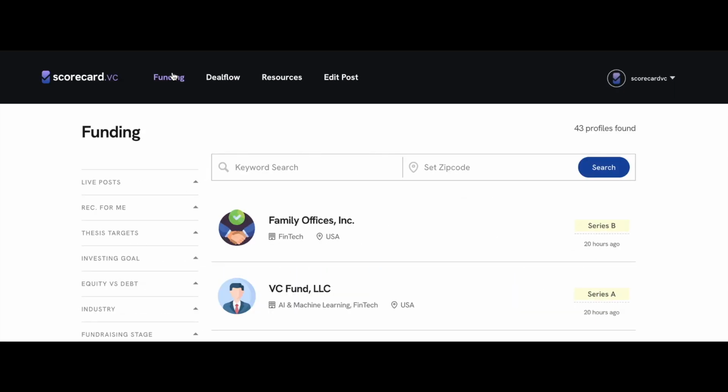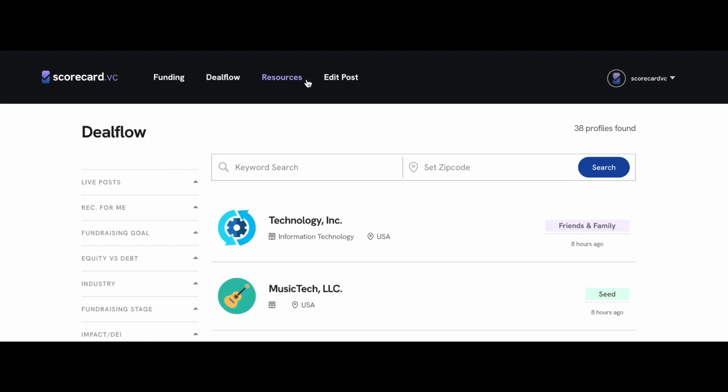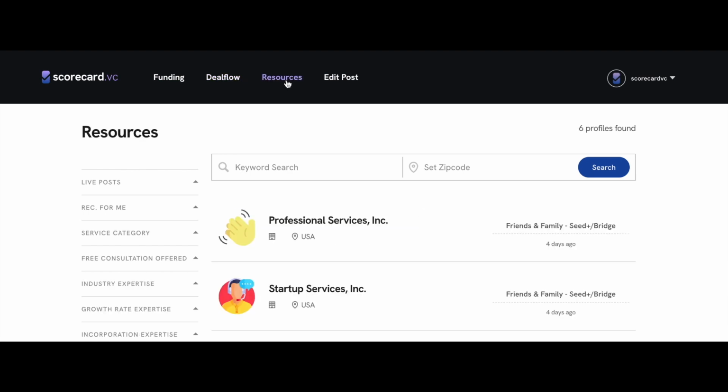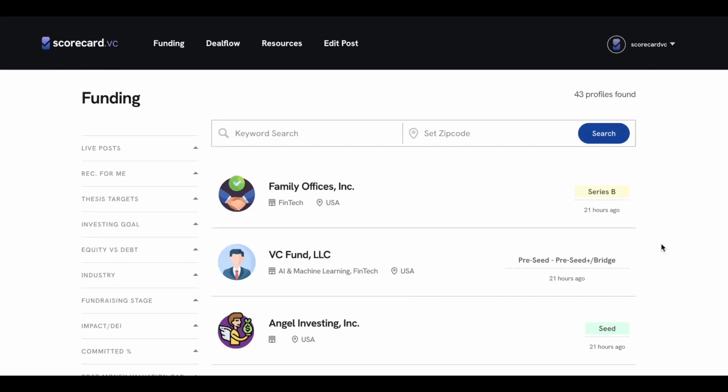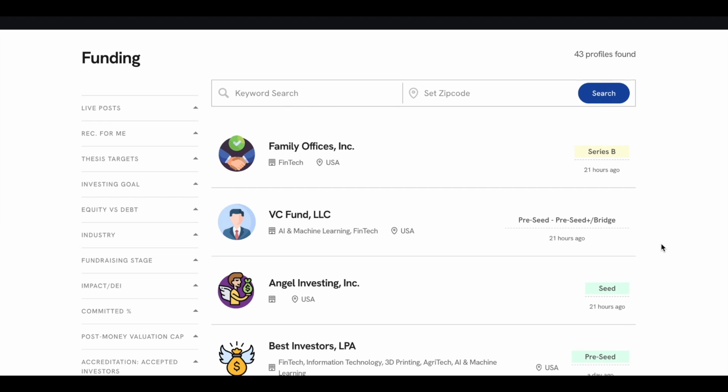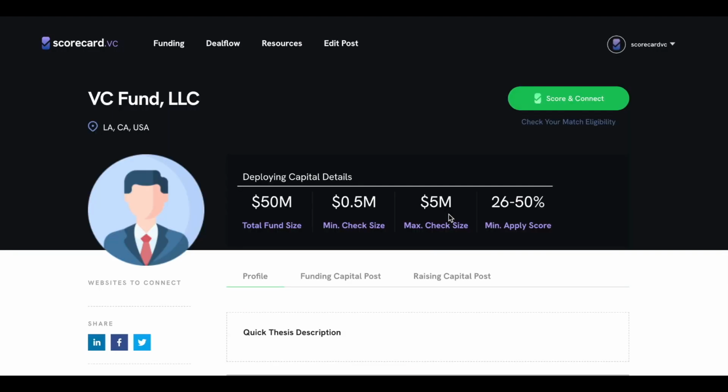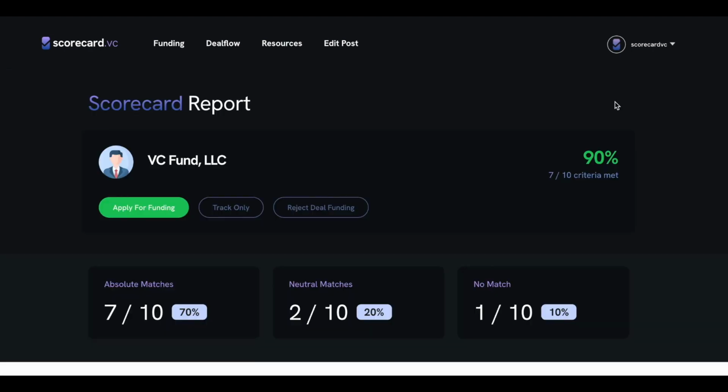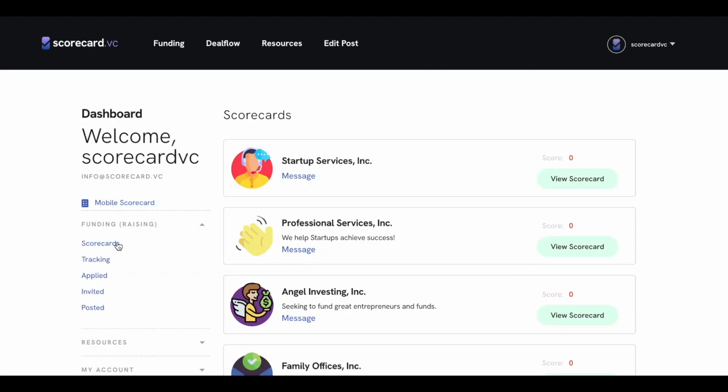After you have created your post, you can browse through the respective lists to find investment opportunities under the Funding tab, companies seeking capital in which to invest under the Deal Flow tab, and service providers who support startups under the Resources tab. When you find a listing of interest, click on it to view their profile, then you can run the Score and Connect button if the other party has a live post. You can keep track of all the scorecards you have ran by accessing them in your